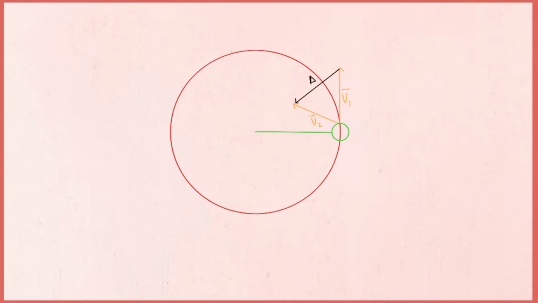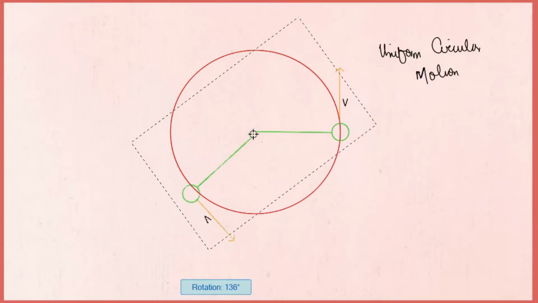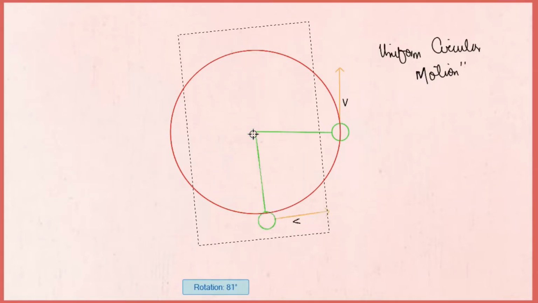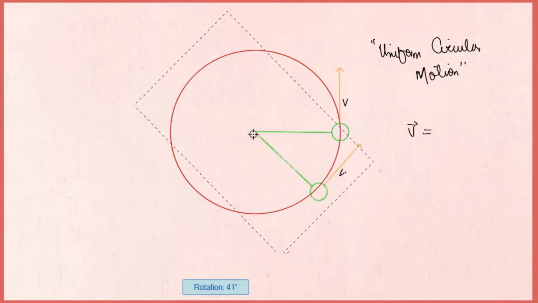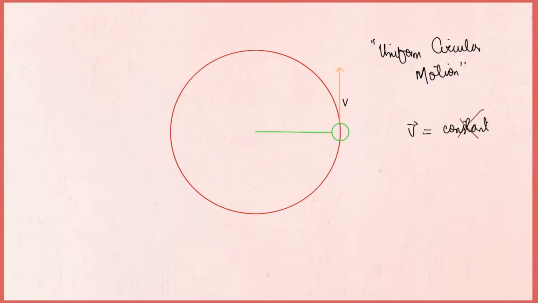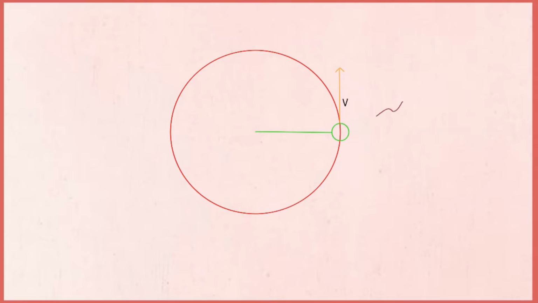Last time we considered a diagram something like this, where delta v vector gave us the direction of centripetal acceleration. We'll take the same approach, but this time for the magnitude. Let's consider that the body is in uniform circular motion, which means the speed is constant but velocity isn't, because centripetal acceleration is changing the direction continuously. Let's say that at the time interval t1, velocity vector is v1, and at time interval t2, velocity vector is v2. The change in time is delta t.